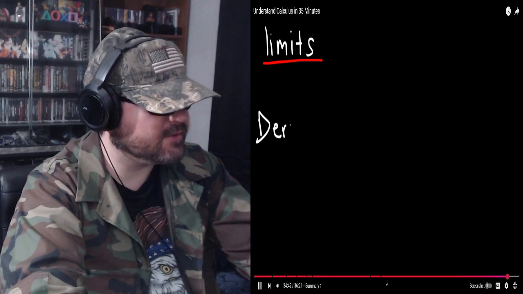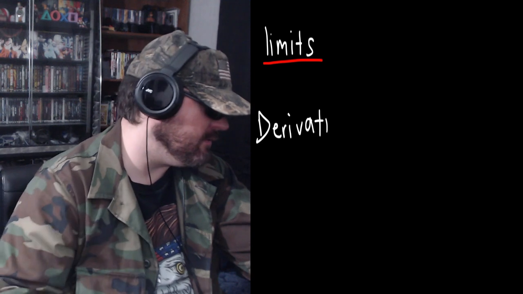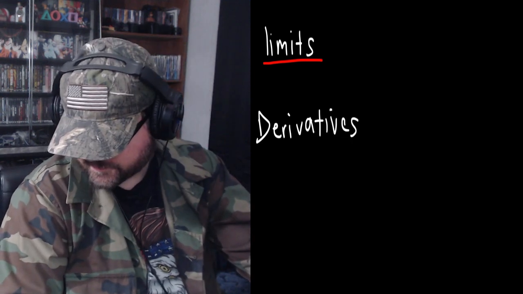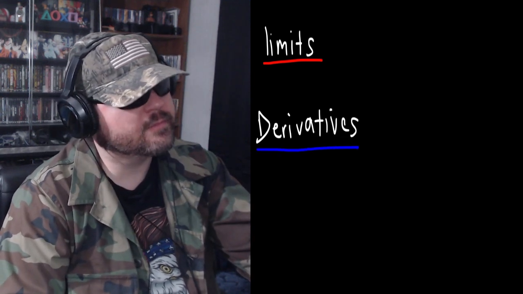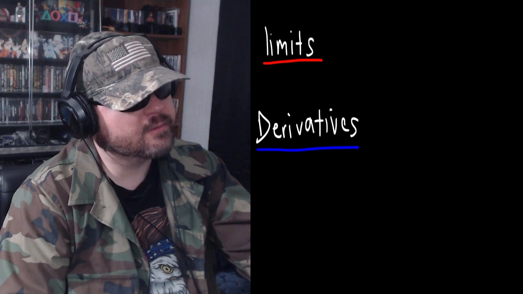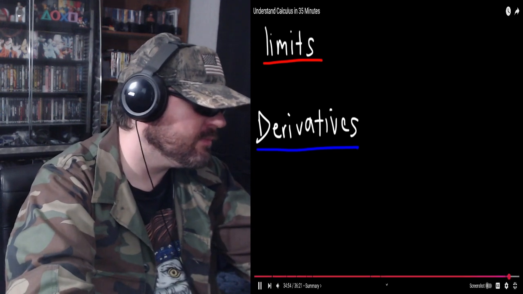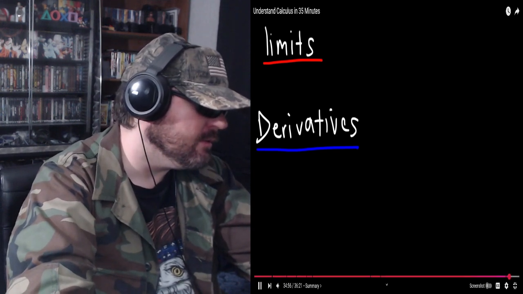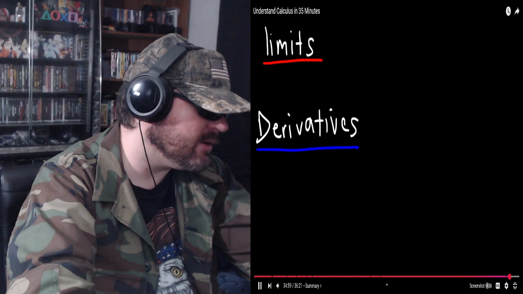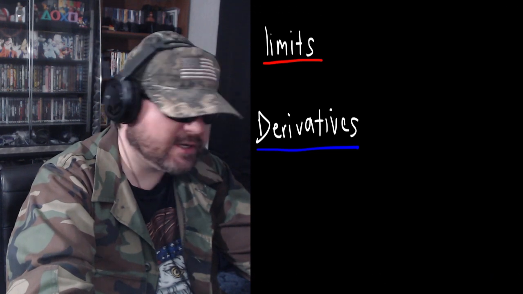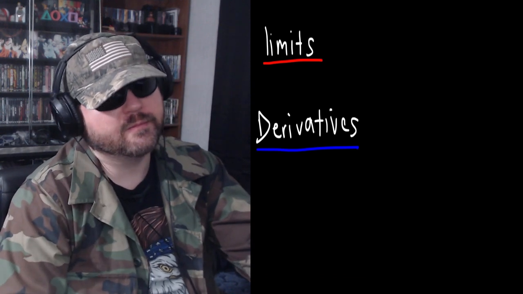Derivatives allow you to calculate the instantaneous rate of change of a function at any instant of time. And remember, the instantaneous rate of change is equivalent to the slope of the tangent line at any instant of time. You can approximate the slope of the tangent line using the slope of the secant line,